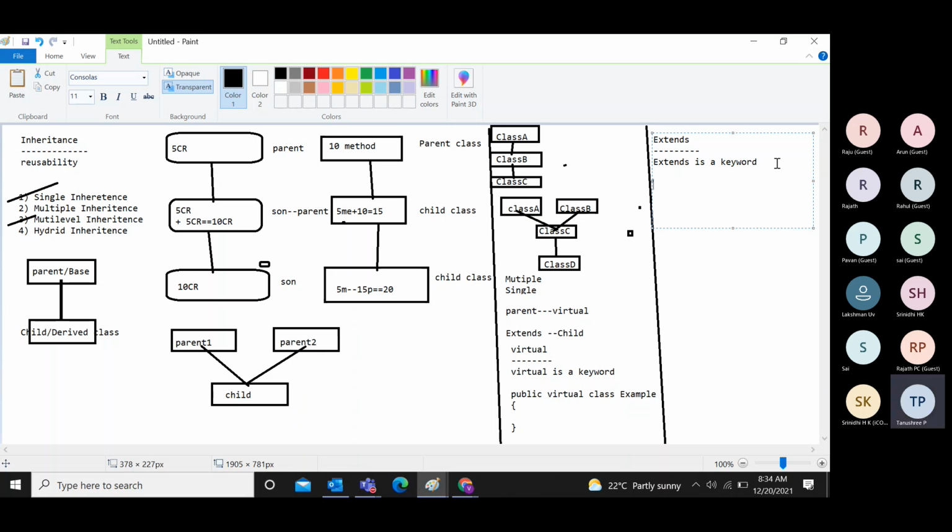If a class wants to extend any other class, then we will use the extends keyword. That means if you want to extend any other class into this class, you have to use the extends keyword. So, syntax: